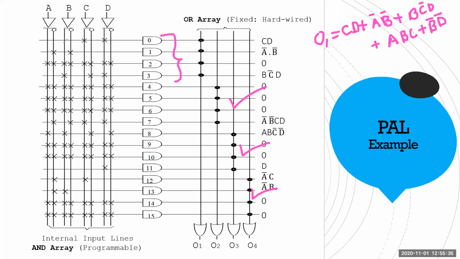Okay, let's do this. CD is here. A bar B bar is here. B C bar D is here. ABC, okay, let's do some ABC. A, B, and C. So here you have ABC, right? So 4 of them, that means the first 4 are already connected, right? What you are left with? You are left with B bar D bar. So from where can you take it? You can take it from here. You have B bar.